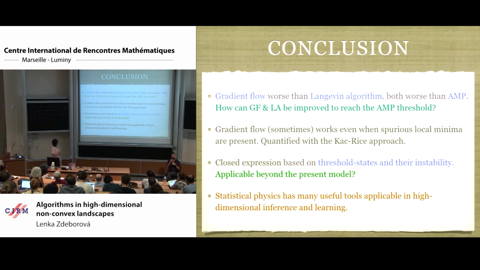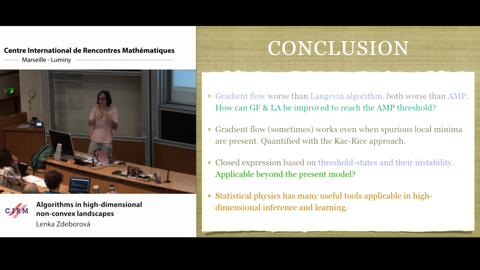The other point is that the gradient flow sometimes works even when spurious local minima are present. So, in this long line of works in computer science where people try to prove that in certain regimes of neural networks there are no spurious local minima, we need to keep in mind that this is just an upper bound, that these algorithms actually can work, and experimentally we know that they work even when there are spurious local or global minima. So this is a hint of why this could be so.